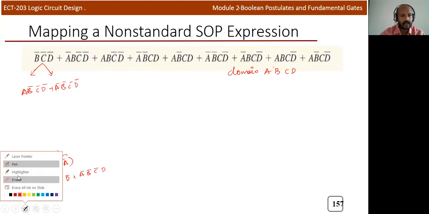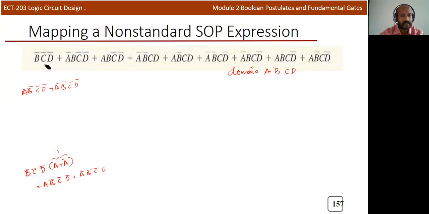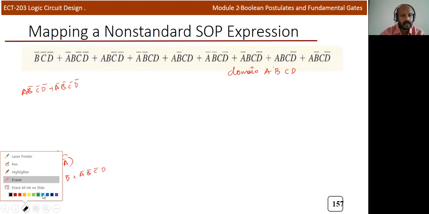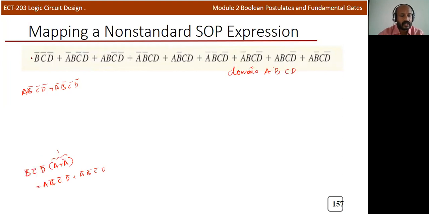But I'll explain another method to include the missing term. Here a is missing, which means a can take two values, 0 or 1. We put 0 and 1 here, and the remaining values are fixed. That is, b bar, c bar, d bar means b is 0, c is 0, d is 0. So b bar, c bar, d bar is fixed, but a can take two values. This is equivalent to 0 and this is equivalent to 8. If you observe the expression, you will get exactly the same thing. So we need to include these two values, 0 and 8.